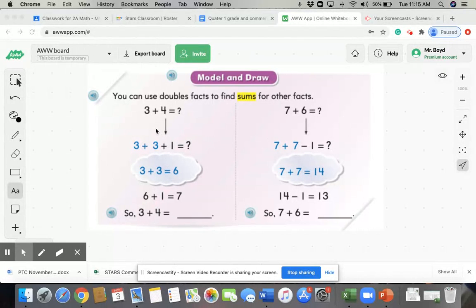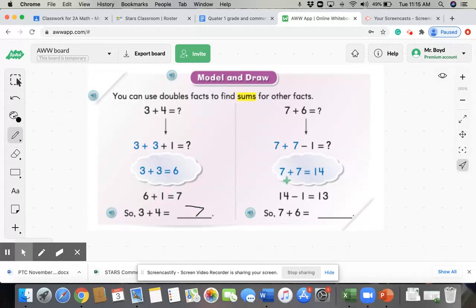So one way we can solve is if we have 3 plus 4. Instead of doing 3 plus 4, because we know our double facts, we know that 4 is really equal to 3 plus 1. So what we can do is just add 3 plus 3, which would give us 6, and then we can add 1 because 3 is 1 less than 4, so it would become 7. So we know 3 plus 4 would equal